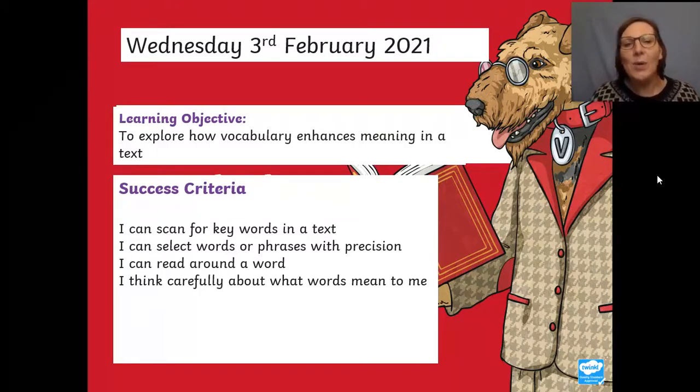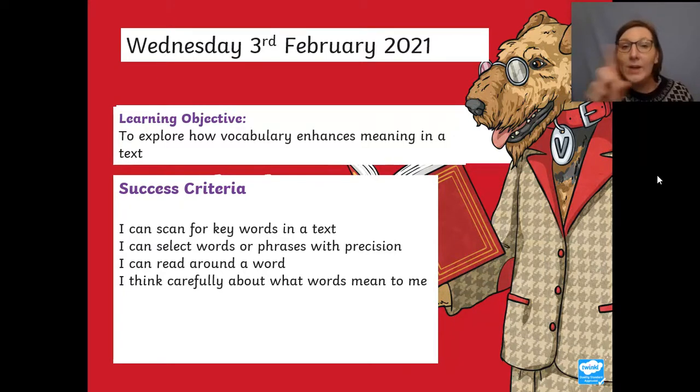So today we're really going to be thinking about how we're going to explore vocabulary and how it enhances meaning in the text. Really important for a reader and a writer. So when you become an author, you're a writer, you need to make sure that the vocabulary that you use is really good for the reader to read and to understand. But today we're going to make sure that you're successful by being able to scan keywords in a text, select words and phrases with precision, that means carefully,